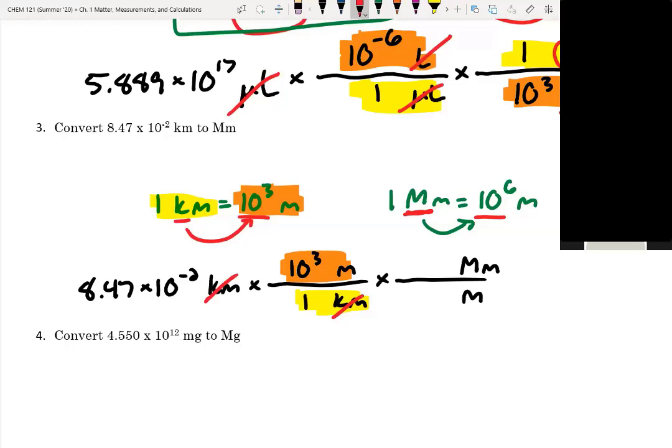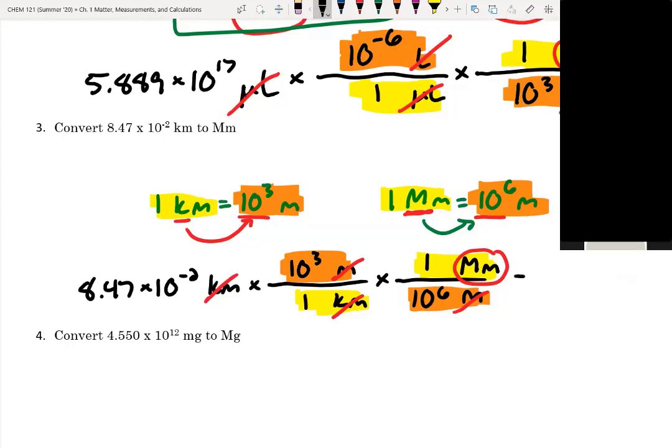All right, so now again, we want to make sure everything's paired with the right unit. So 1's paired with megameters. I'll put that on top. And then 10 to the 6th is going to be paired with my meter unit. So we can go ahead and say these are paired correctly and these are paired correctly. Another common mistake I see students make is they accidentally flip the numbers. And we can double check that meters cancel, which leaves us with a final unit of megameters, which in this